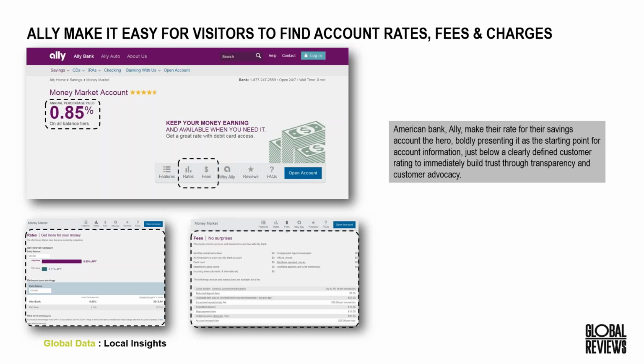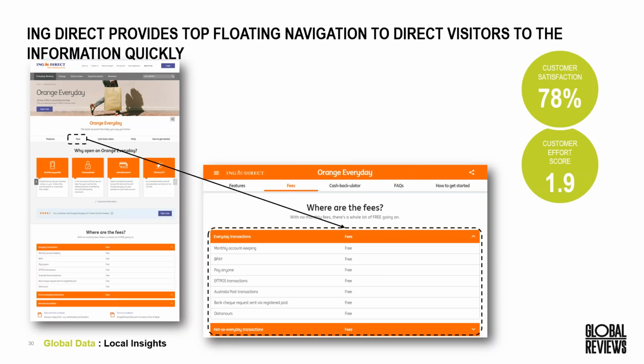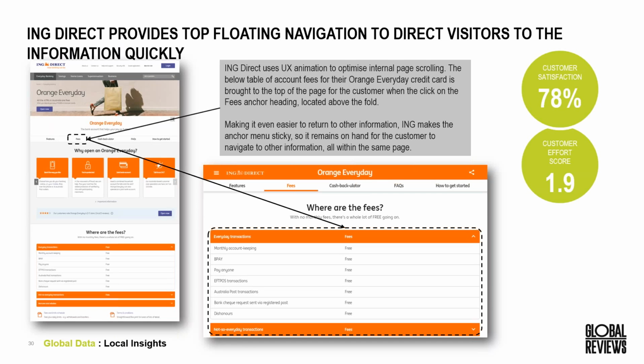Again, they also use animation to allow customers to quickly calculate what their savings will be through a rates feature. They also use tables to easily display more in-depth information about fee and account charges. One of the banks that does this well in Australia is ING, again keeping all their customers to a single page and using animation to improve scrolling by having page anchors that auto-scroll to various sections within the site.